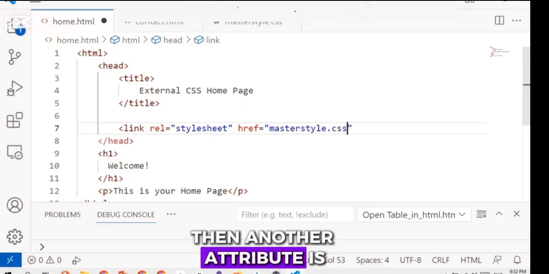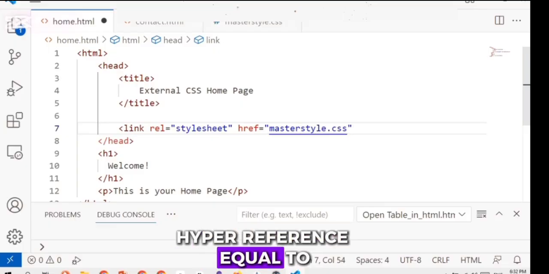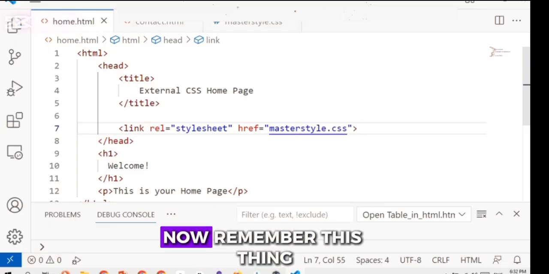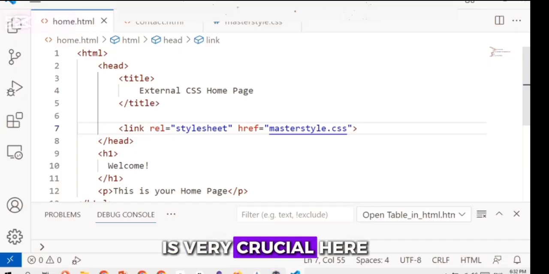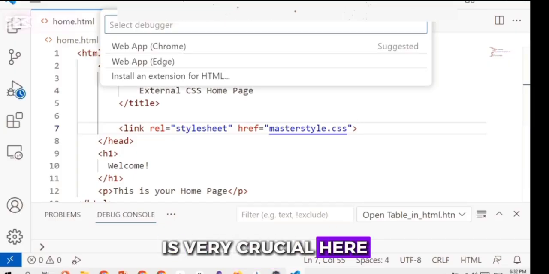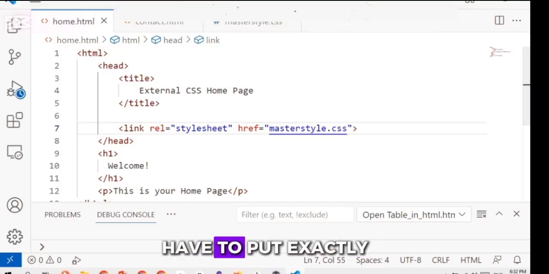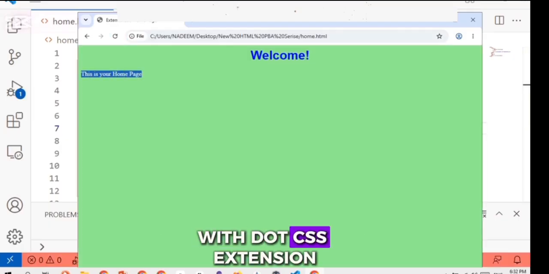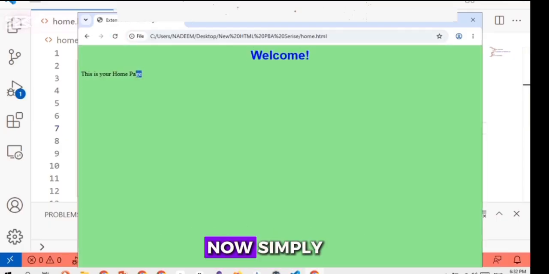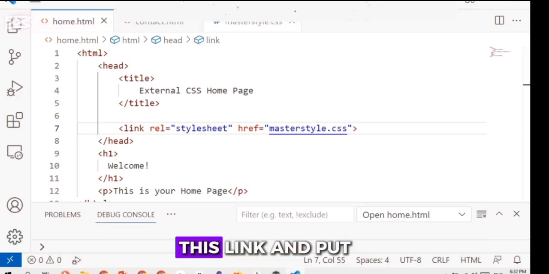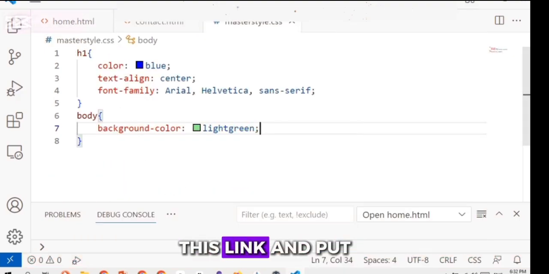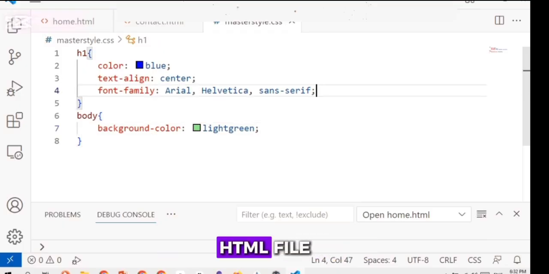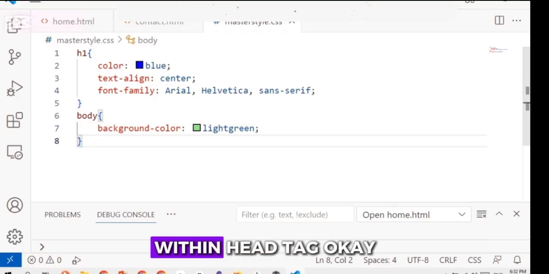Then another attribute is href, hyper reference, equal to. Remember this is very crucial: in href you have to put exactly your file name with the .css extension. Now simply copy this link and put it in your contact.html file within the head tag.